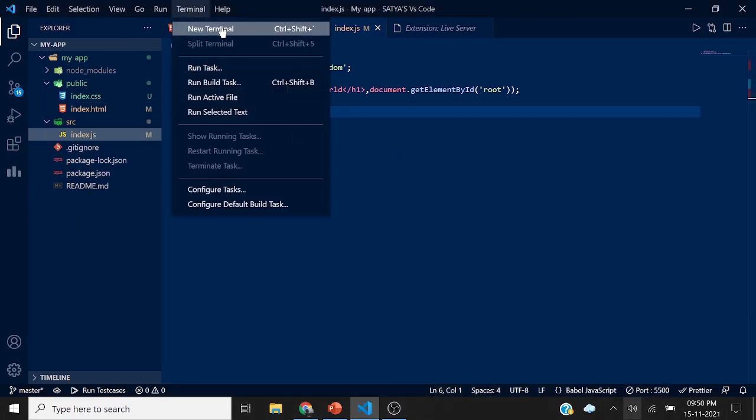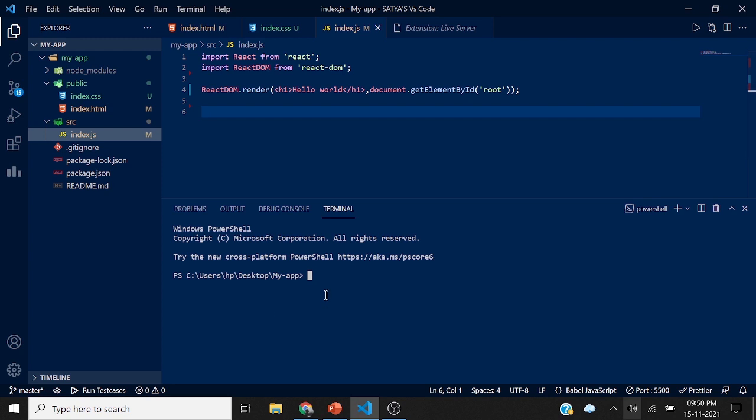Before starting it, there are some rules, as we know. First, we need to change our directory to my-app: cd space my-app, change directory to my-app. Then after it, npm start. By entering this command, our React server will start. As you see, react-scripts start.